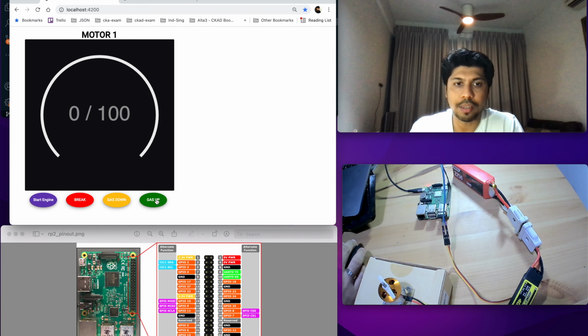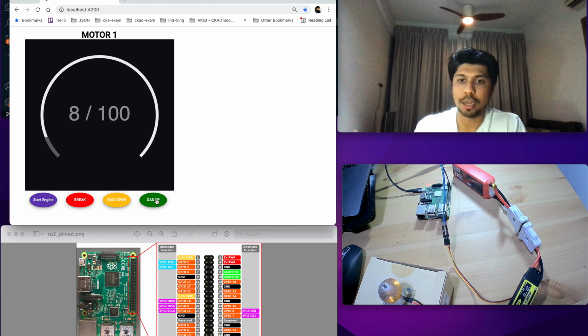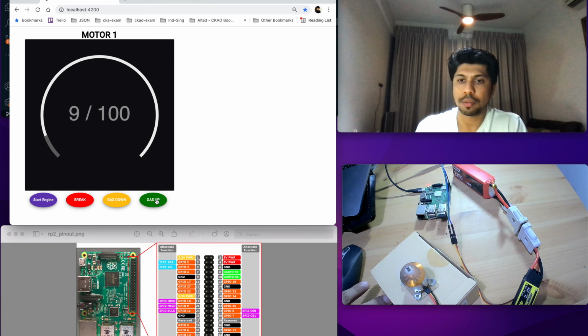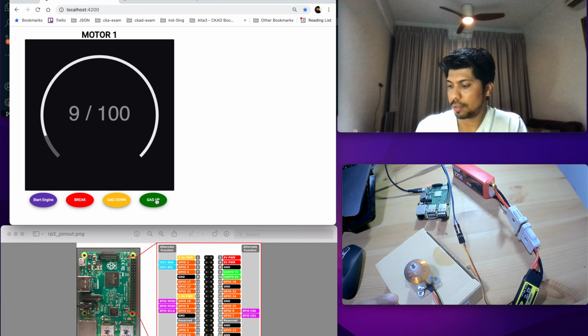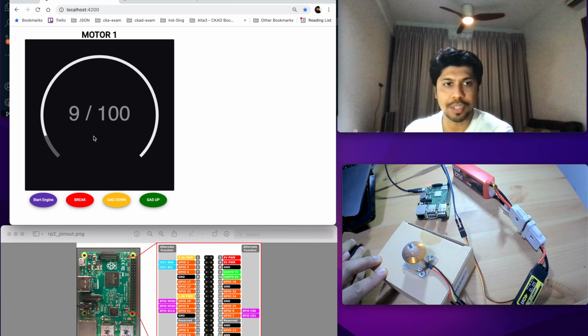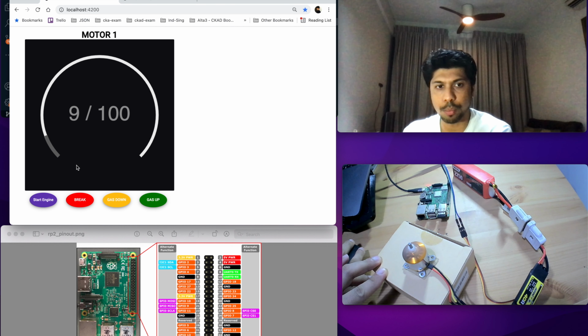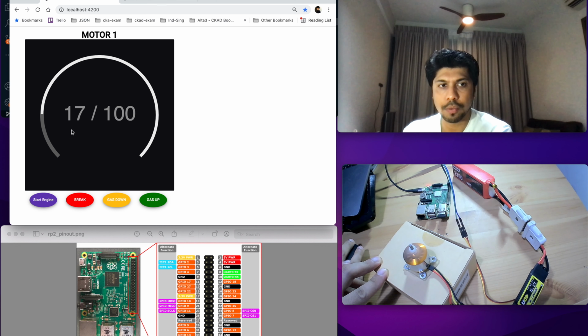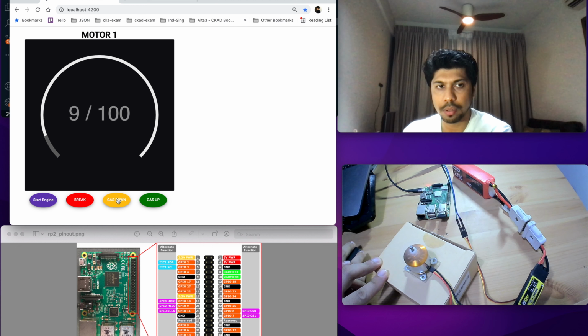So here we see, if we click gas up, that means I am trying to increase the speed of the motor, and you can see the motor has started now. Here it is running at 9% capacity. If we go up, we went till 17%, we can go down, and then we can stop the motor using the brake.